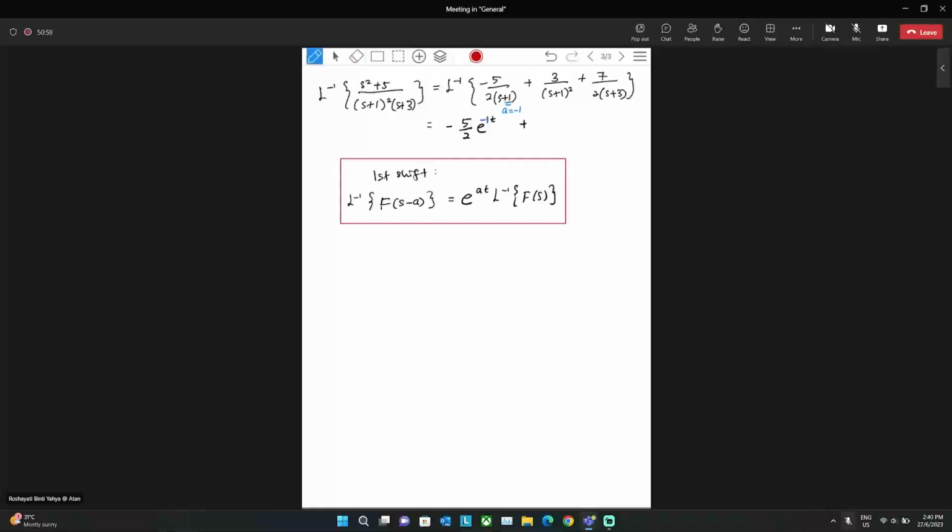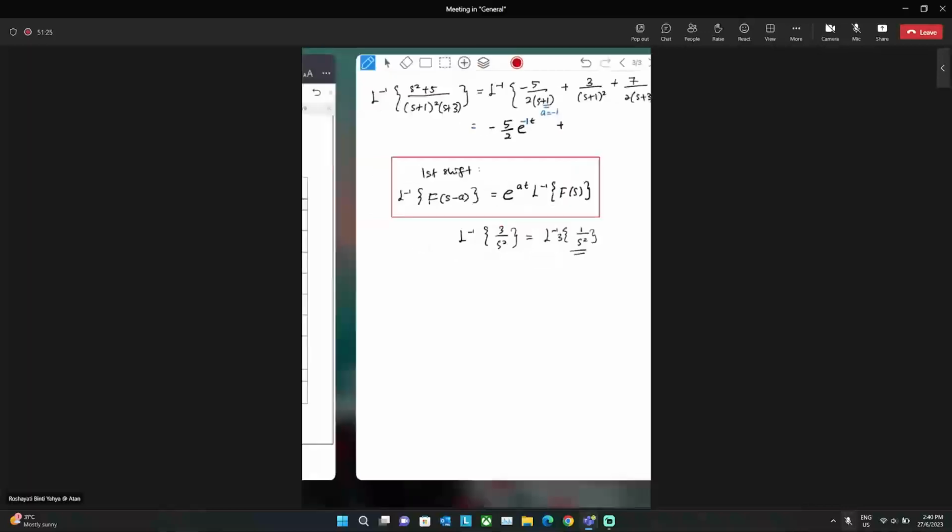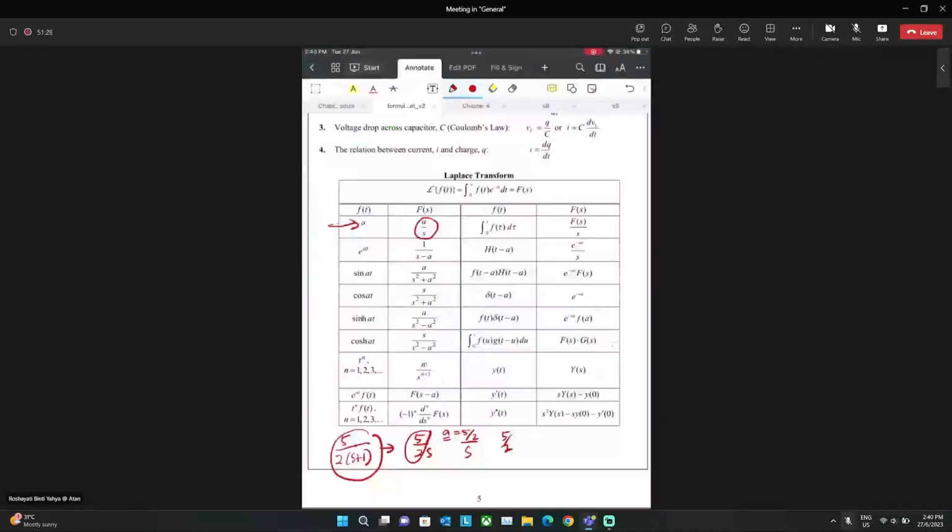Okay. So for 3/(s plus 1) squared, the inverse Laplace transform of 3/s squared, you can modify to the inverse Laplace transform of 3 times 1/s squared. So equal to, for this part you can refer to this one. So we have 1 over